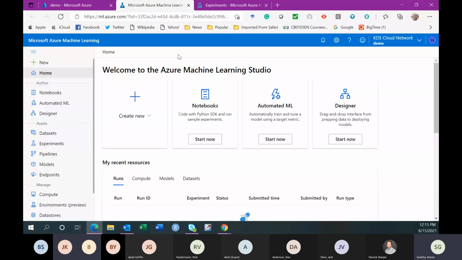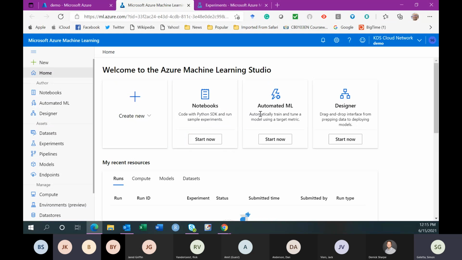It's called Machine Learning Studio. You can create new resources by choosing whichever approach you prefer. Notebooks: this environment provides you the opportunity to use notebooks, whether Python or R. It's very simple to spin up a notebook and start working with it right in this environment.